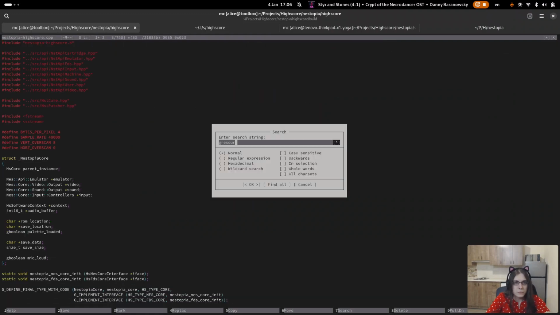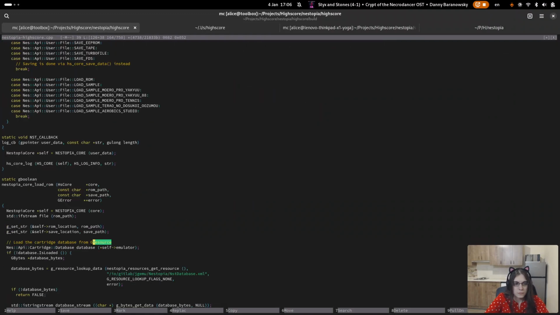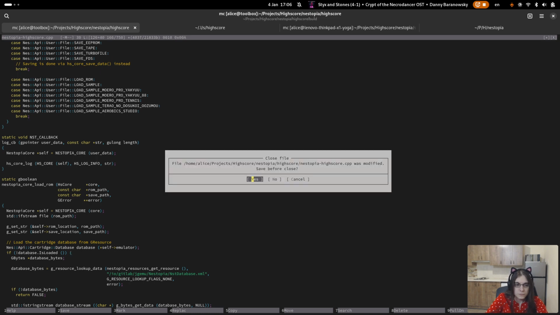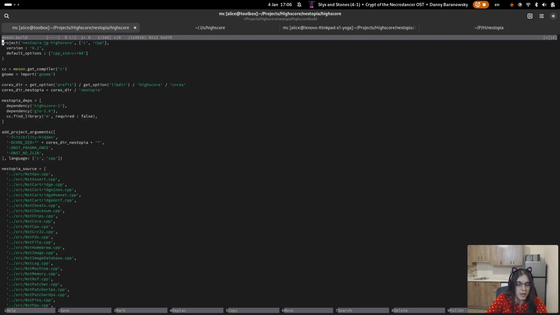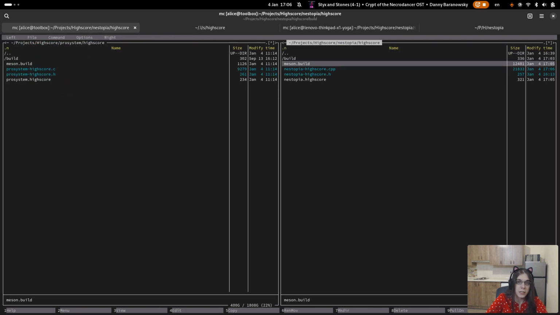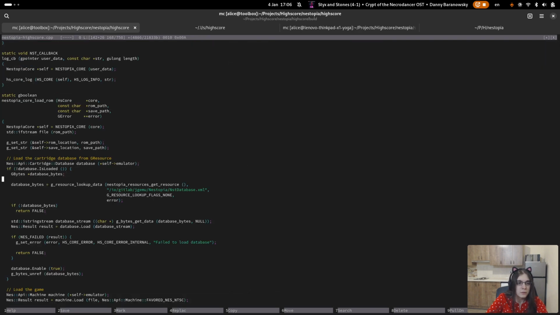Get rid of the include. Then I need to pass the core dir, which I already have. Good. And now here I need to just load from that file directly, which